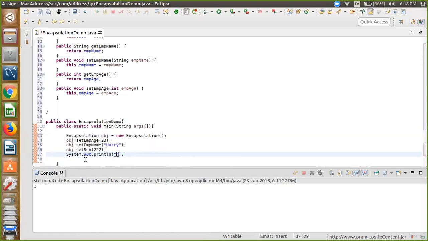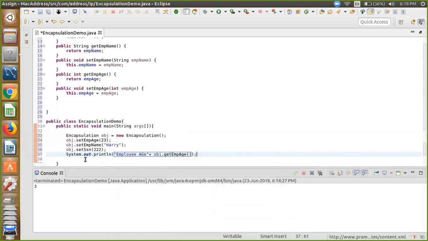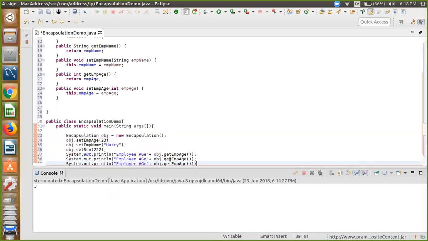So we just write employee age plus sign and using obj.getAge, right? Just copy and paste this and change it to the obj age, obj employee name and employee roll